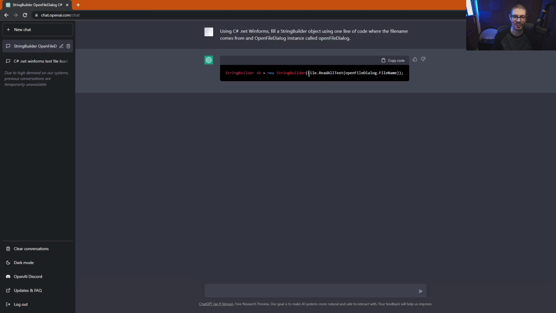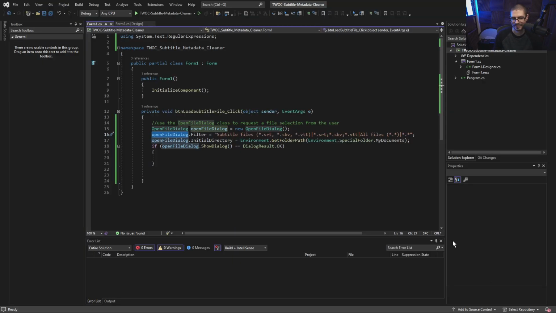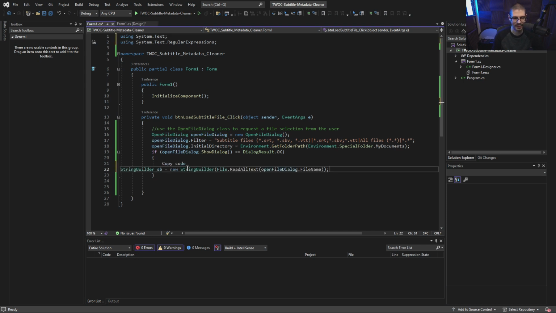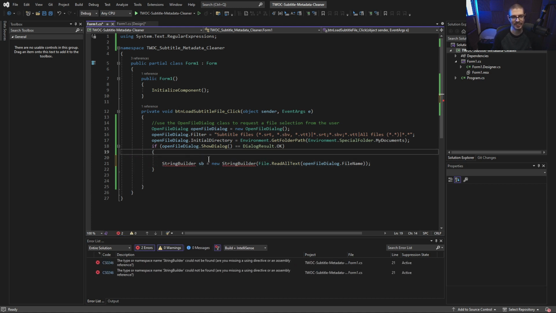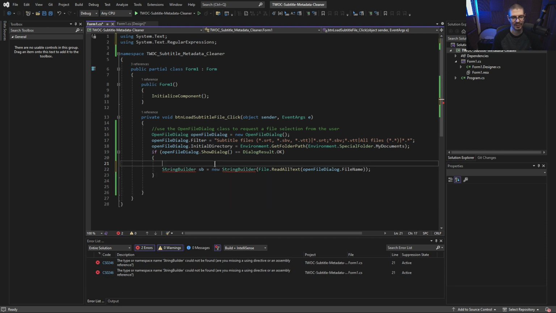So in this case, we got the one thing, File.ReadAllText, which is what I was looking for. You have to know that it exists to try to get it. That's what we want. But yeah. Anyways, okay, that's weird. So we have a string builder object, but we also need to have it properly referenced in this file. So we leave our mouse over here for 10 minutes and then there we go. So we need to make sure we have the proper using statement,